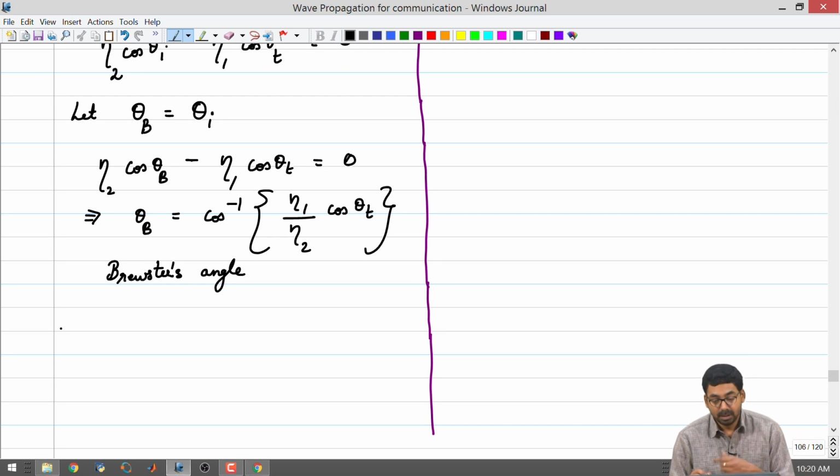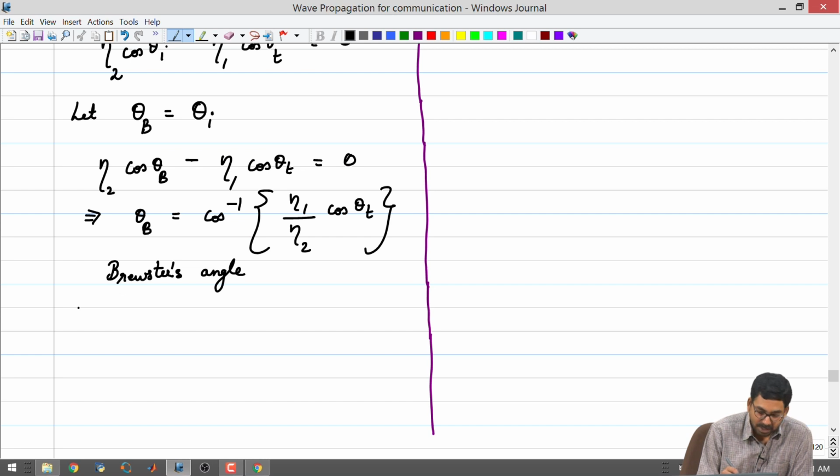So, I am having two variables over here. I am having cos theta b, cos theta t. So, on the right hand side I have theta t. I want everything to be in terms of theta b. I want to get rid of this theta t because theta t is anyway dependent upon theta b. See, by Snell's law, that is it, all right. So, you could write this down in terms of a single variable theta b everywhere instead of having theta t on the right side. So, for doing that you could make use of